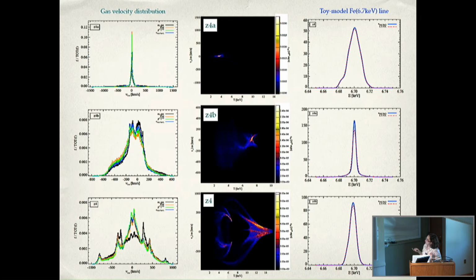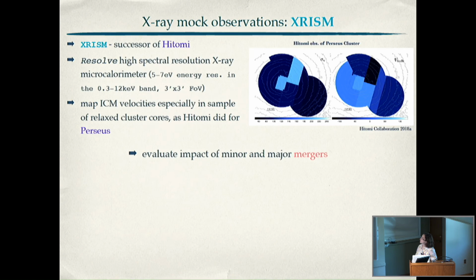So convolving the single Gaussian with the velocity distribution, you get the theoretical line shape that you would expect. These all look kind of Gaussian, but they're not. There are actually contributions that will distinguish them from Gaussian.